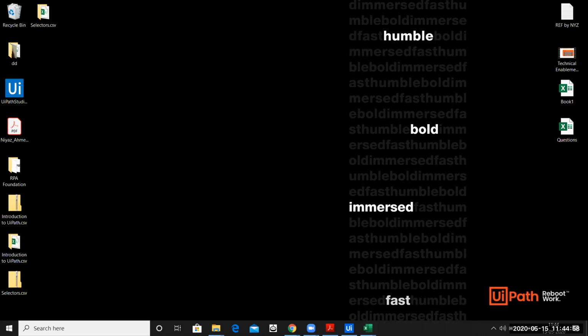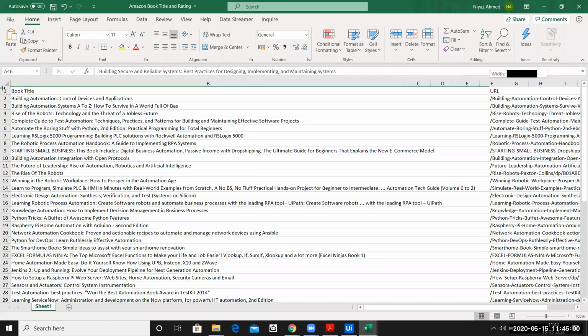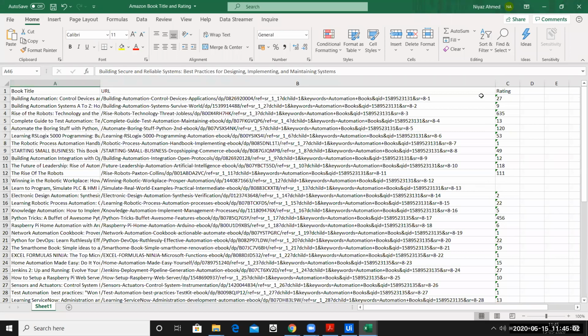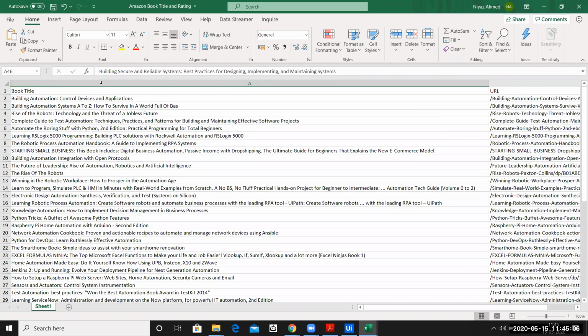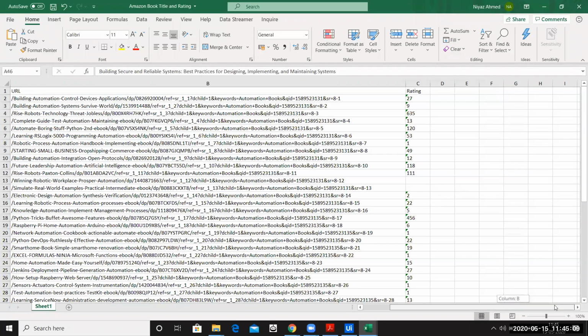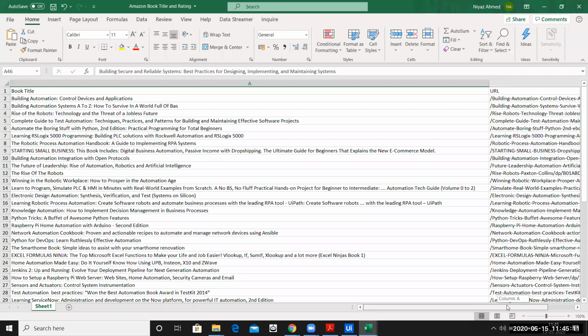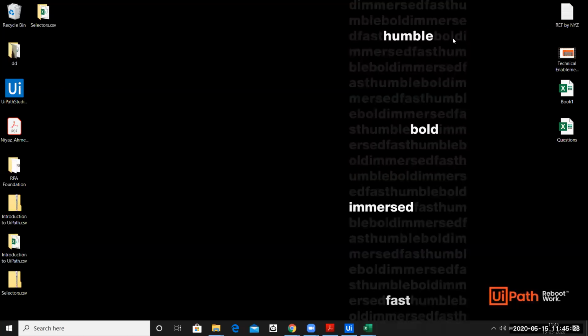You are talking about this, probably it was not auto-adjusted in this way, correct? Correct. So actually, when you open it, you have to auto-adjust yourself. Is there any way that we can make it auto in the UiPath option? Probably inside the Studio, you will not be able to do that. Probably in the Excel setting, you can keep it so that every time it opens, it auto-adjusts itself. You can do that. Okay, so you can't do it from UiPath.